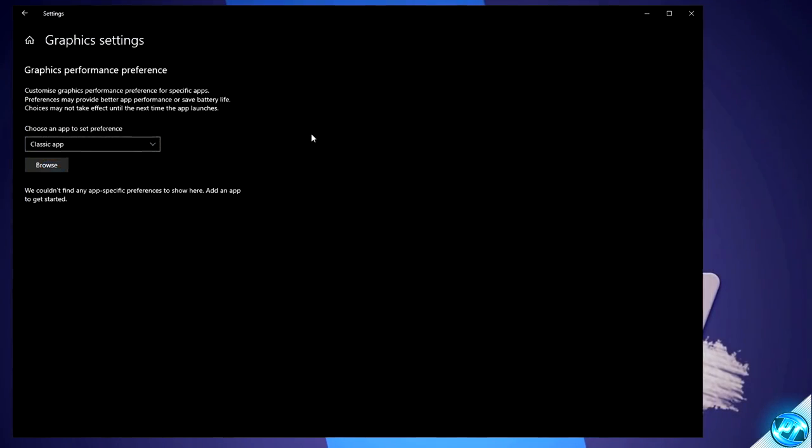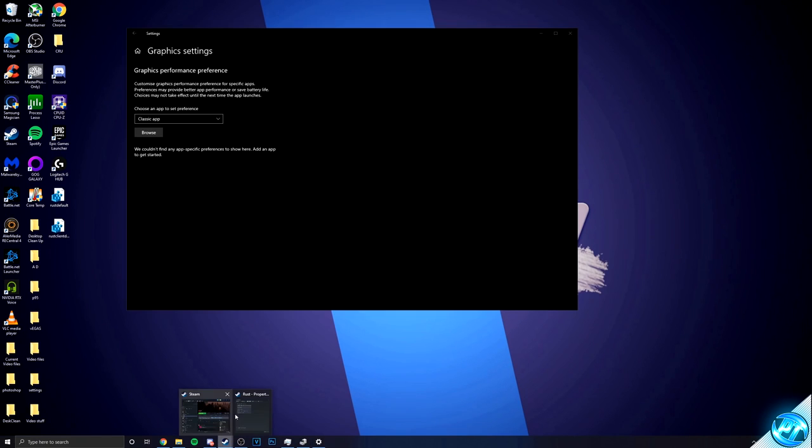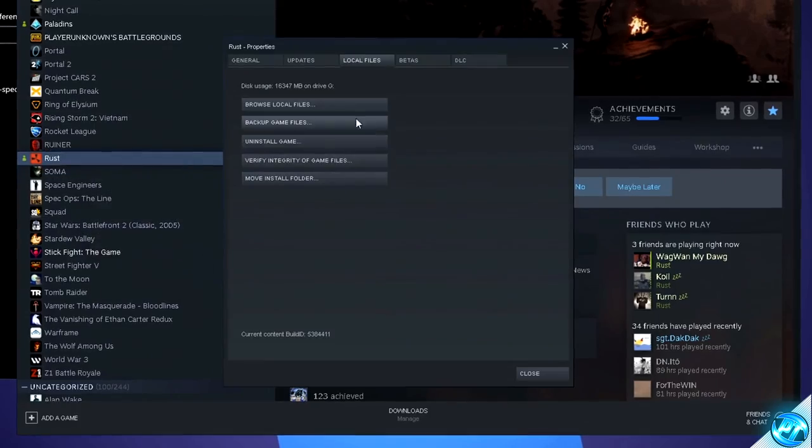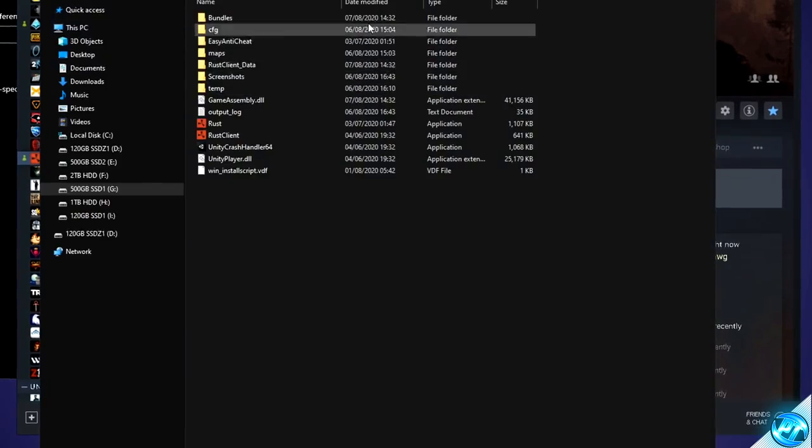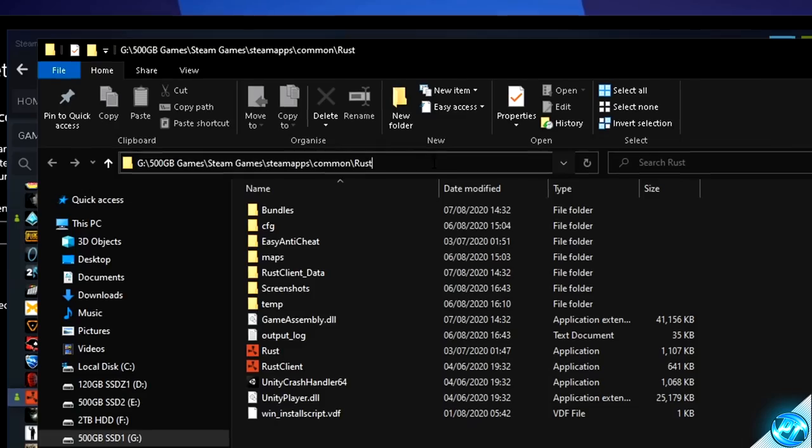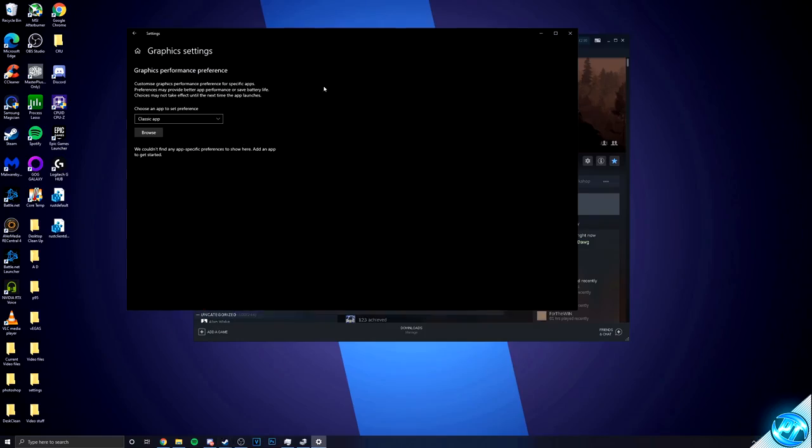We're also going to be setting an option inside of here for everyone. First of all, you need to find out where your Rust is installed. The easiest and quickest way of doing this is to go inside of Steam, right click on Rust, go to properties, go to local files, browse local files, go to the navigation bar, double click, highlight and select all of this directory, right click, select copy, exit out of this folder, go back inside of the graphics settings